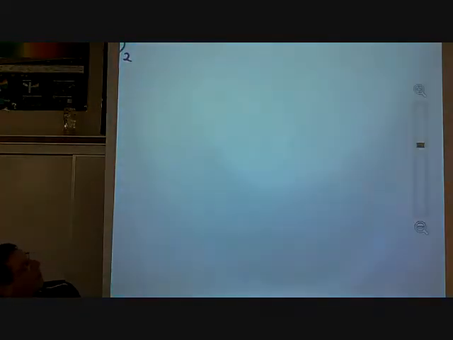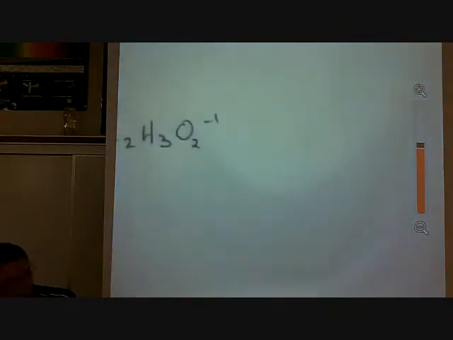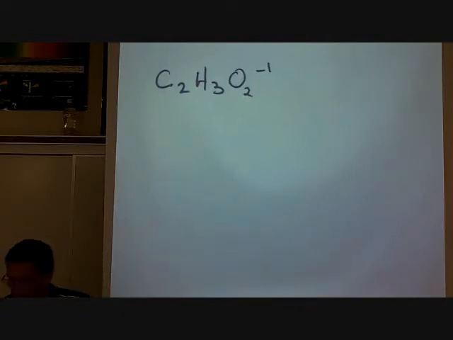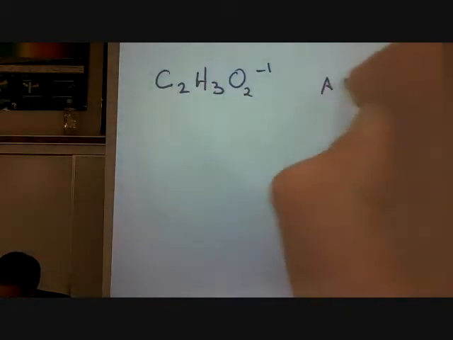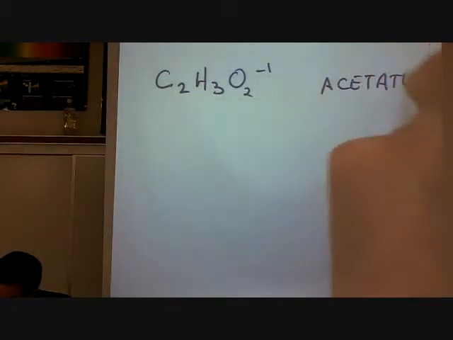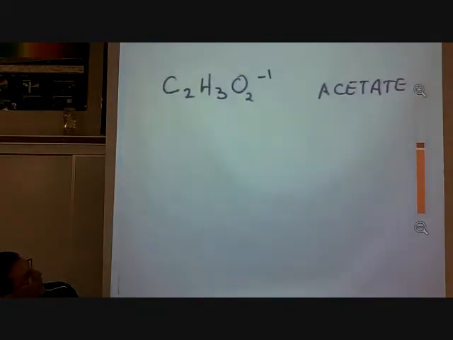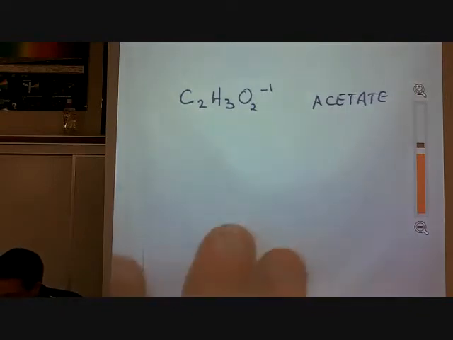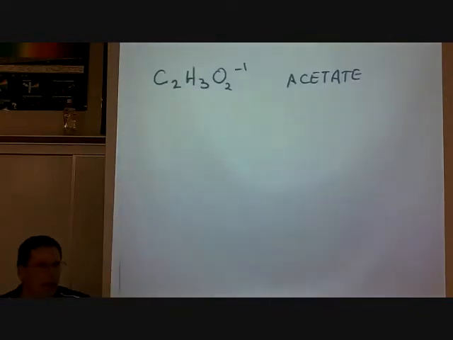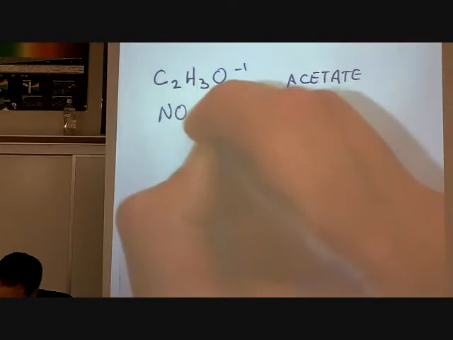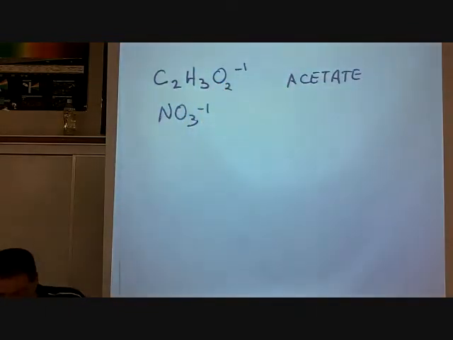And it'd be nice if I actually had it on the screen for you. So let's go ahead and move that over. So C2H3O2, that's acetate, okay? Okay, so you need to know the name and the formula and the charge as well. Let's go ahead and make that a little bit smaller there. Okay, the next one, and again, I may not be going in order here, is nitrate, which is NO3 with a -1 charge. So nitrate,